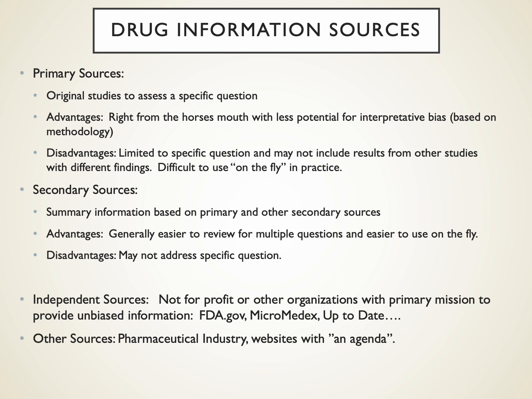When you're in a position to try to find information, you might need to go to the original literature, but most of the time you're going to go to secondary references. The primary sources, the original studies, have the advantage that you get that original data and can pore over it, but that original primary study may only be helpful if you can generalize the results of its inclusion-exclusion criteria to your patient. It may be a very specific question that does address your question, or it might not be. The secondary sources, either larger meta-analyses or what's published in other references based on original data, those guidelines, whatever, are much more practical in most cases to at least get you off the ground to decide what your interventions ought to be. You also want to make sure that whatever sources you're looking at, their funding sources